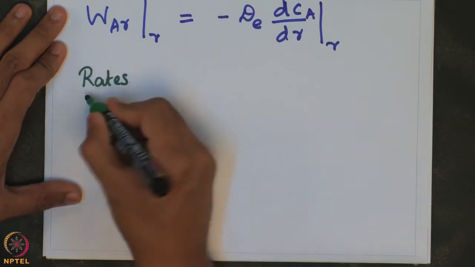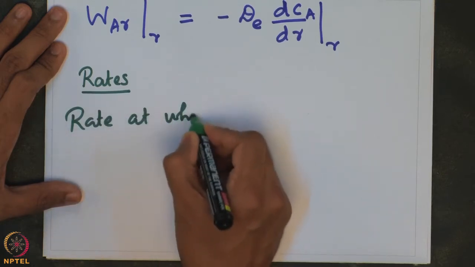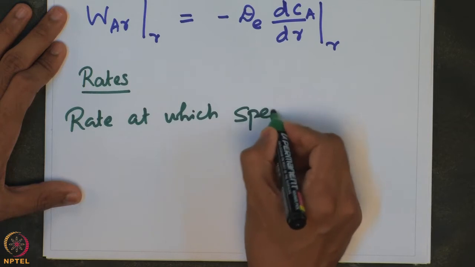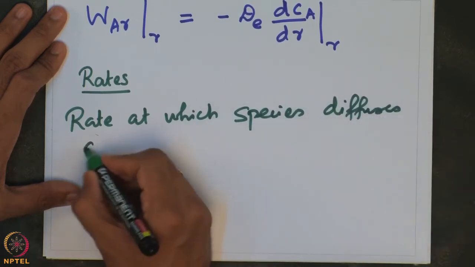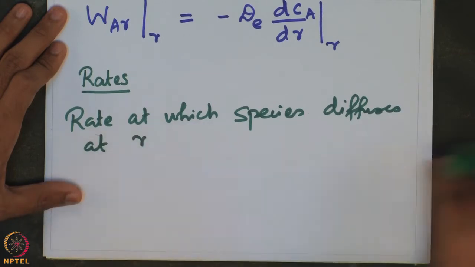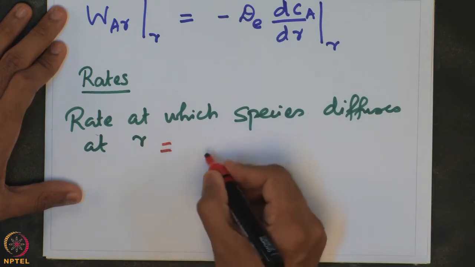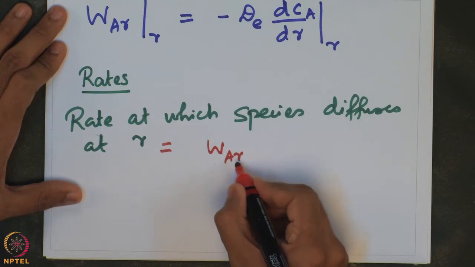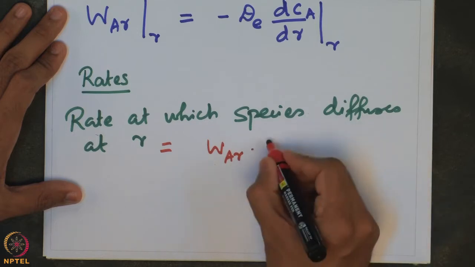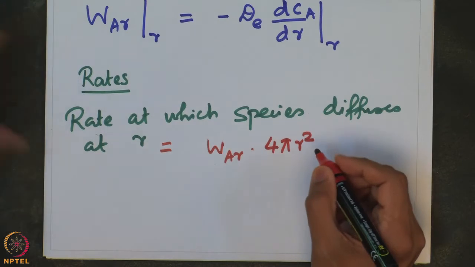So, we need to find out the rate at which species diffuses in at R, and that should be equal to WAR, which is the flux with which the species is diffusing at that location, multiplied by the area at that location, which is 4 pi R square